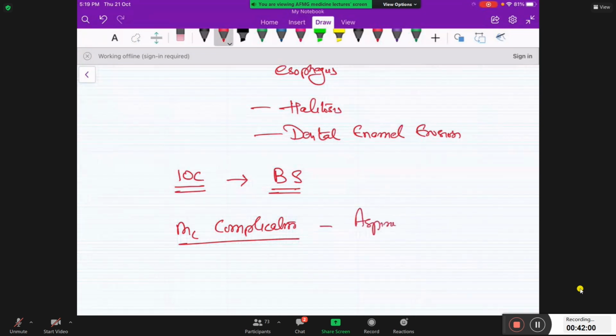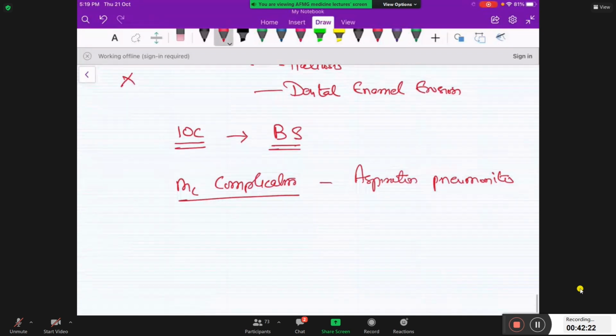aspiration pneumonitis. Aspiration pneumonitis. Now, is Zenker's diverticulum a pre-malignant condition? Yes or no? No. Answer is no. Good. Now, in treatment of Zenker's diverticulum,